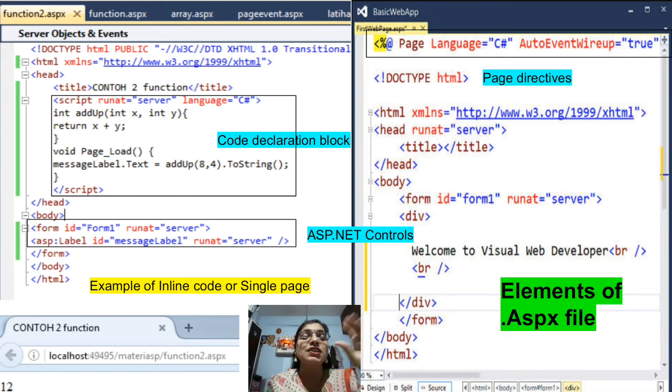Okay, so this is the logical part which we have written inside the script tag. Once the coding part is done, we simply close the script tag. After the script tag, we close the head tag, and after the head tag, our body will be there. Inside the body tag, we have the form tag, and in the form tag we normally take all the controls. The label on which we have displayed the result is taken inside the form control.